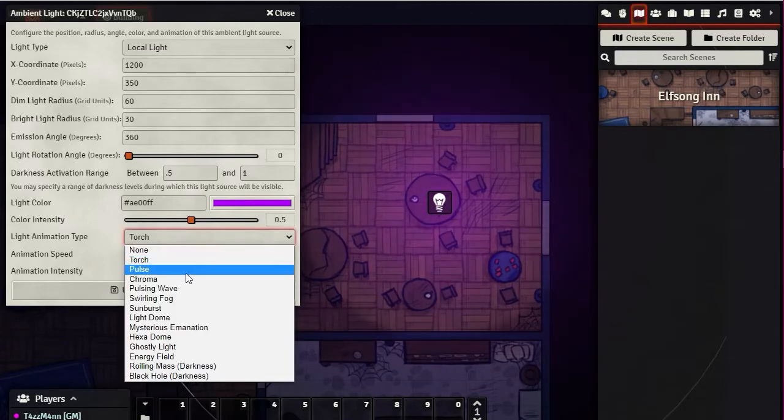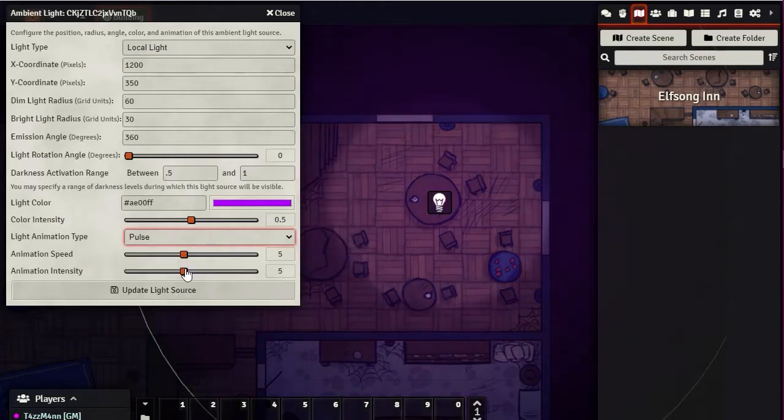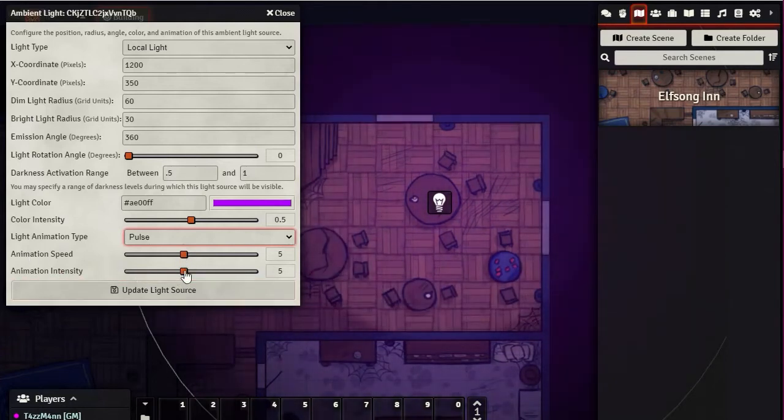So our next one here is pulse, and I'm just going to let almost all these things describe themselves because they do it just great. So here's pulse. You can see pulsing in and out. Now, some things you can do with all these effects: you can change the animation speed and the animation intensity. If we do the animation intensity,